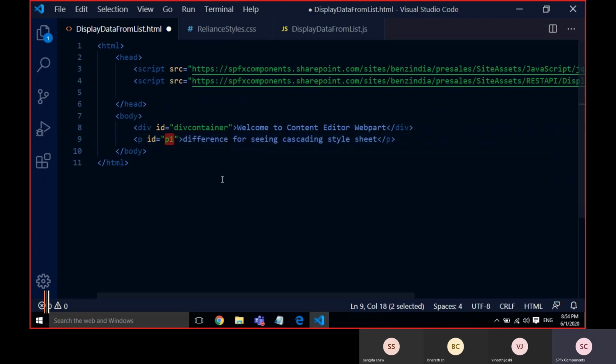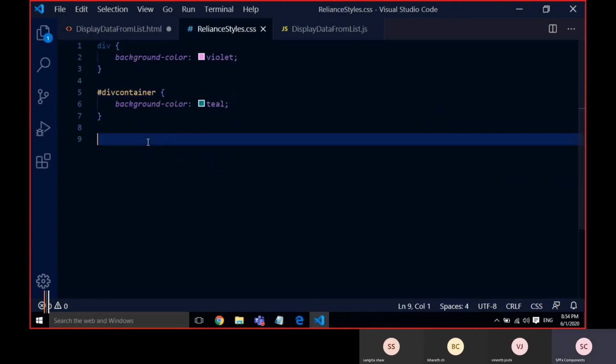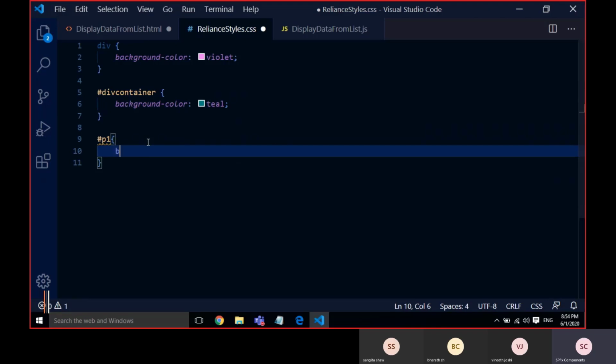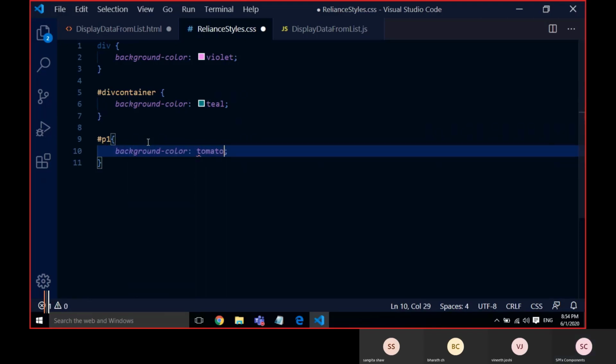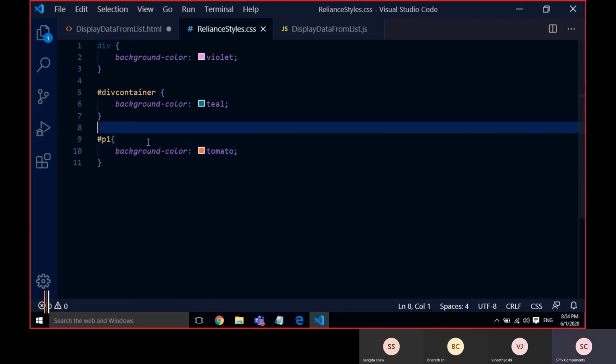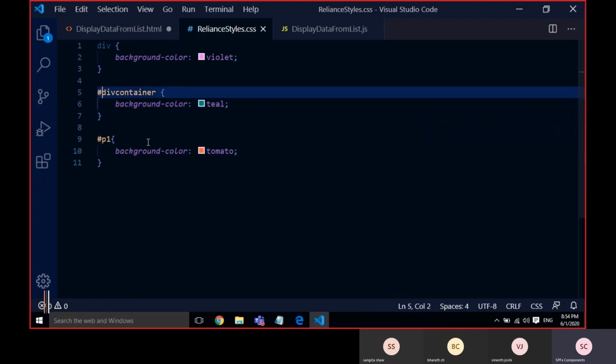So here the ID is P1. I'll go to CSS. Since it is an ID, I want to apply it for this ID, so P1. Within that, I'll apply. So we just saw that if it is an ID, just take hash, and after that you have to give your ID.